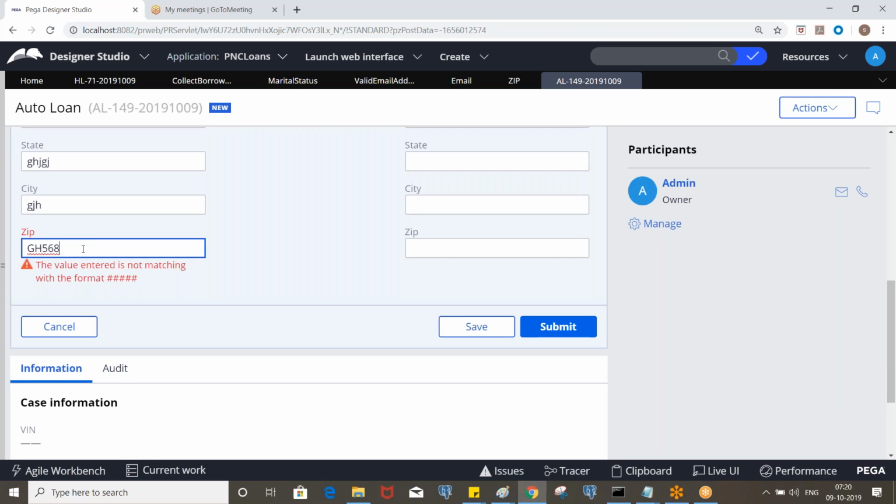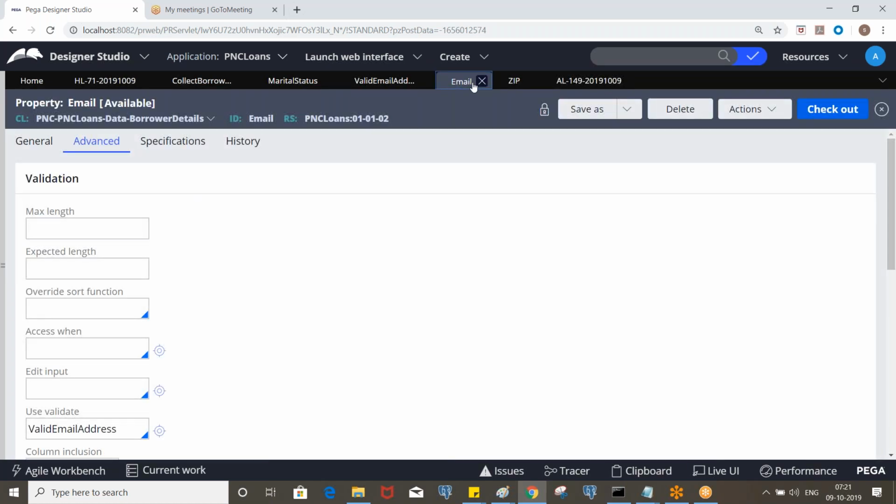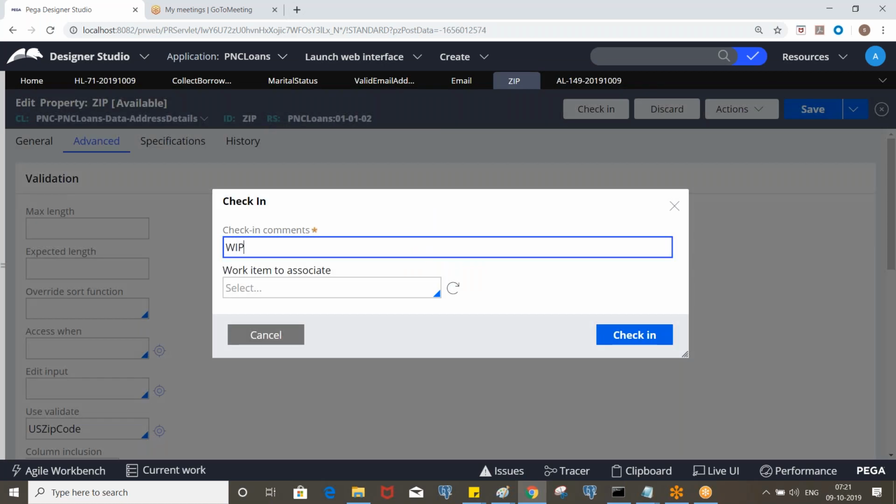So it should be digits only and the length should be 5. 1, 2, 3, 4, 5, like this. So this is also called client-side validation, right? Wherever you use the zip, this will be validated. Similarly you can find US phone and some other validators.